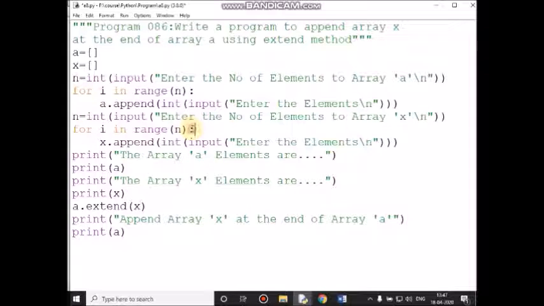Loop statement ends with a colon. I value is 0. 0 in range 2, so 0 less than 2, the condition is true. X dot append is a method, and I am going to read the value. The input function is going to read the value from the keyboard. After displaying the message, I am giving the input